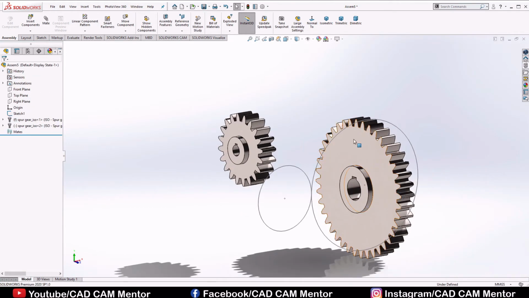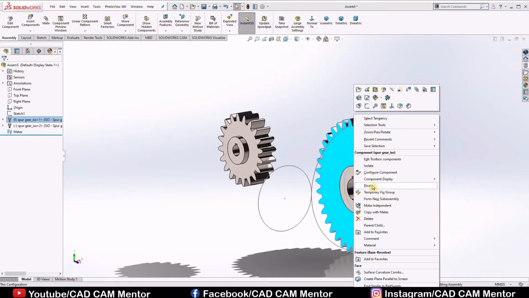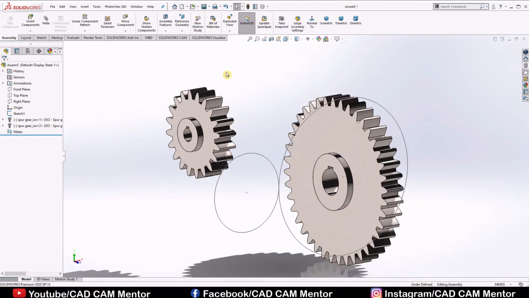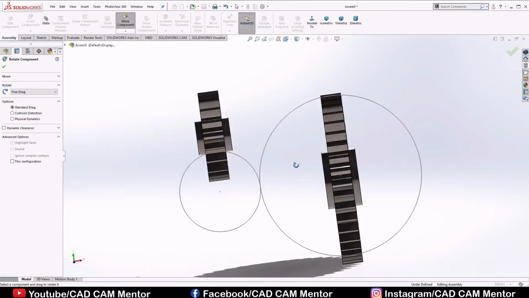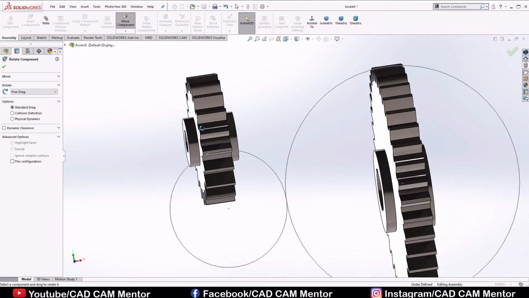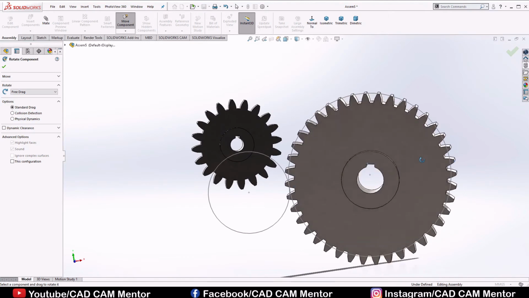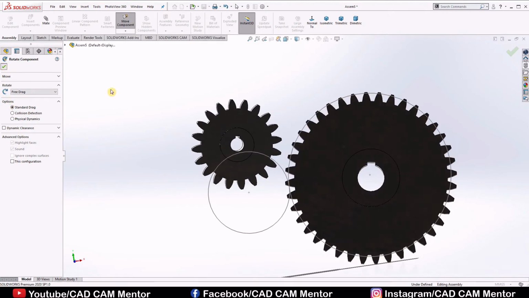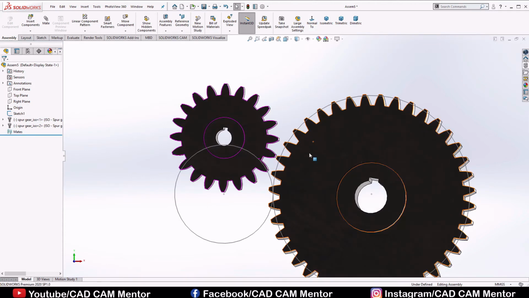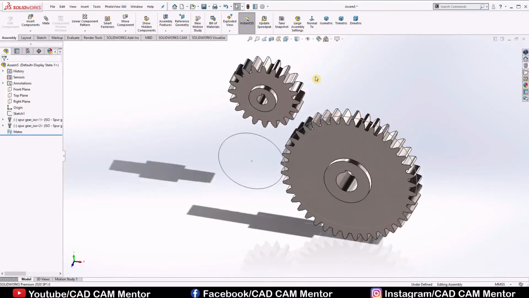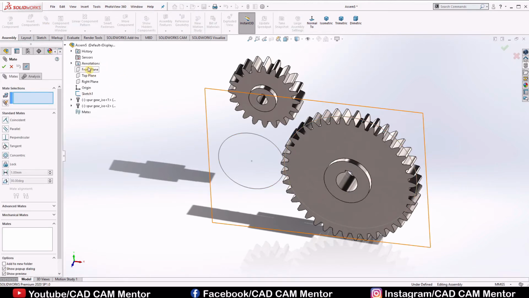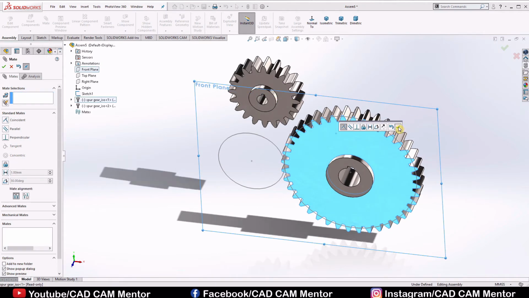Now right click on the main gear and select float. Now select move component, select rotate component, select this pinion gear and rotate it, select main gear and rotate it, click OK. Now select mate, select front plane and select face of the main gear and click OK.